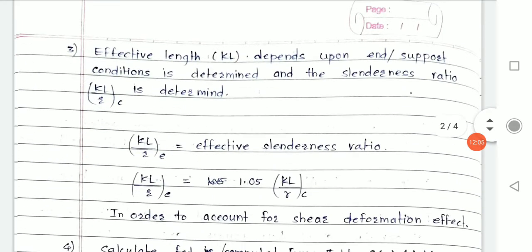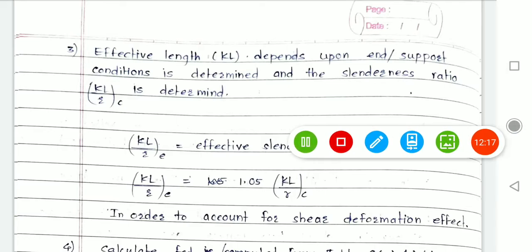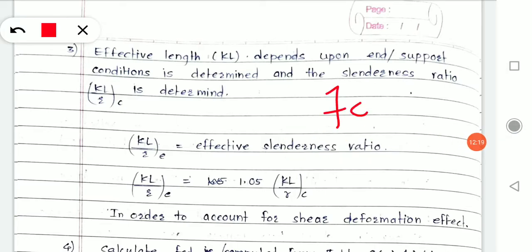Next, once you calculate area and select a section from your steel table, the step is to calculate FCD of that section. Because we assumed FCD, and on the basis of that FCD we calculated the area required.